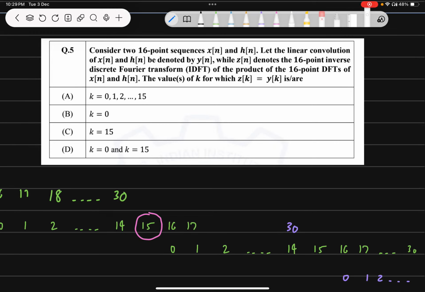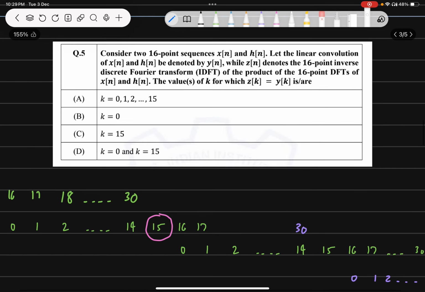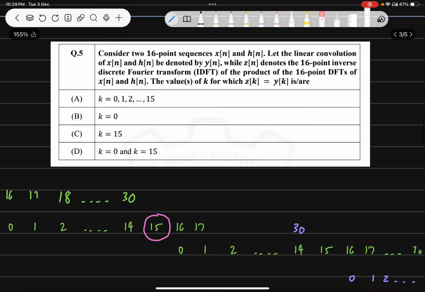Everyone, today we'll solve a problem that came in GATE 2021 EC, and this is a problem on the topic of digital signal processing. The problem is fairly easy, but the solutions that I found for this problem were fairly complex. So I wish to tell you how I thought about the problem. It is given that there are two 16-point sequences, xn and hn, and the linear combination